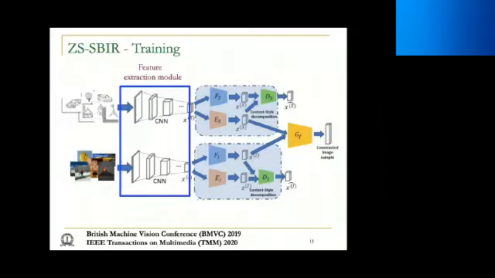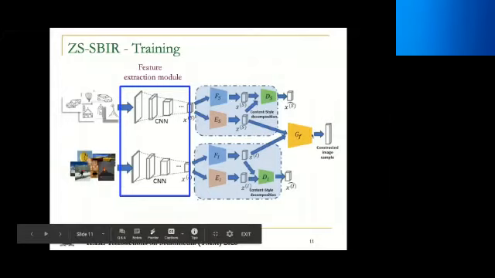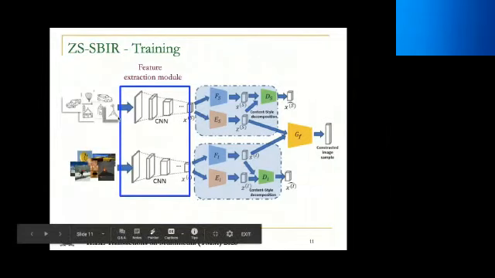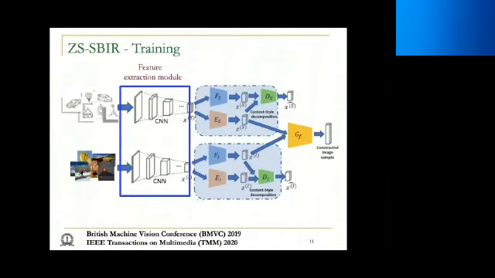Now coming to the main part, which is the zero-shot sketch-based image retrieval. I'll talk about some of the works. Instead of just going over one paper, I'll talk about two works which are both quite recent, which deal with ZS-SBIR. So this is the framework for this zero-shot sketch-based image retrieval application. As you can see, I will explain what all these components are. Initially, we feed in both the sketches as well as the images. Then we have the feature extraction module, which is, in this case, a simple VGG model, right?